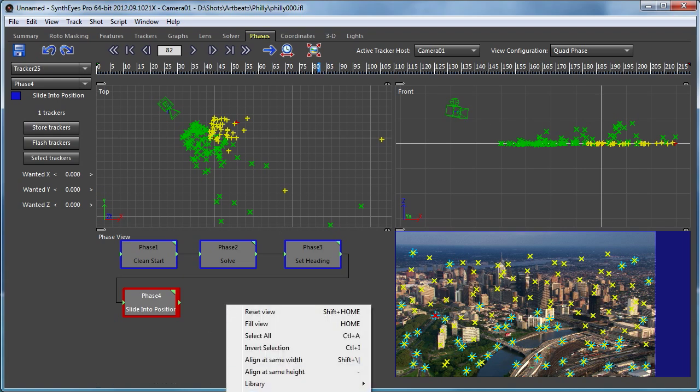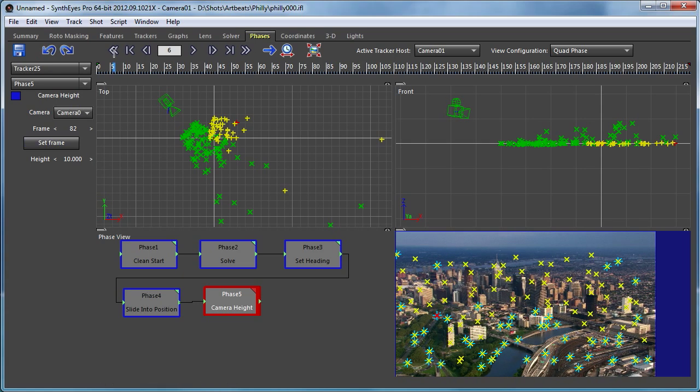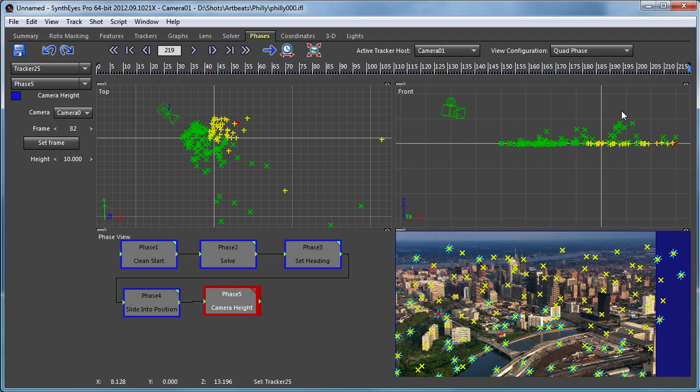So let's go and set up a camera height phase. That height measurement now is at some particular frame in the shot, because obviously the height can be changing throughout the shot. So I'm just going to go to the end of the shot, say that's most likely where I knew where the height was. I'll set the frame there, and now I'm just going to go and